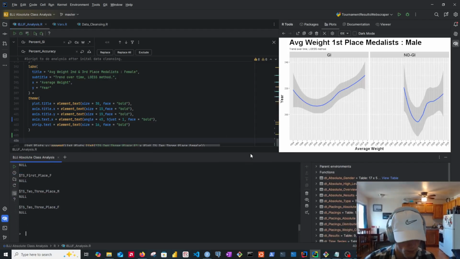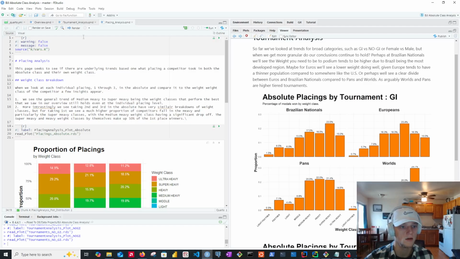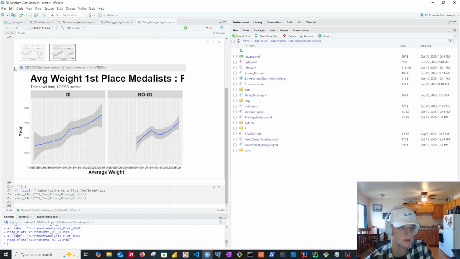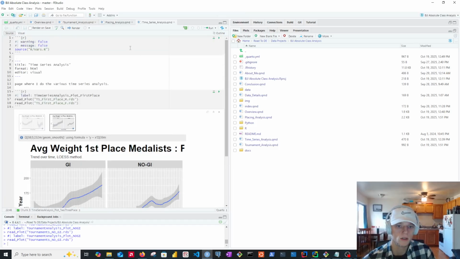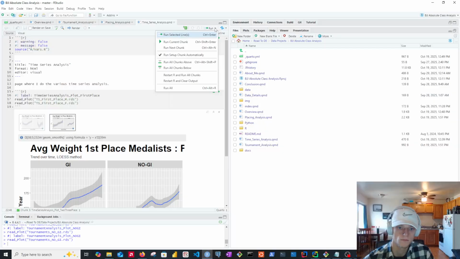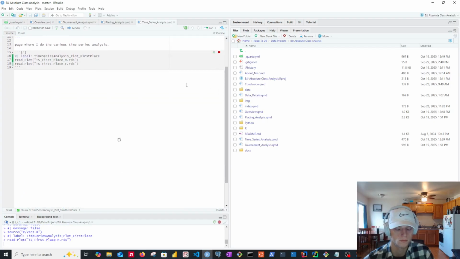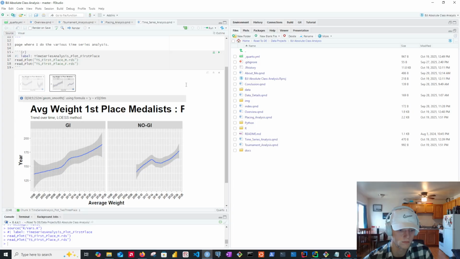Okay. Now, if I look at the time series page, should be looking better. Nice. Much better. The spacing's kind of weird, but